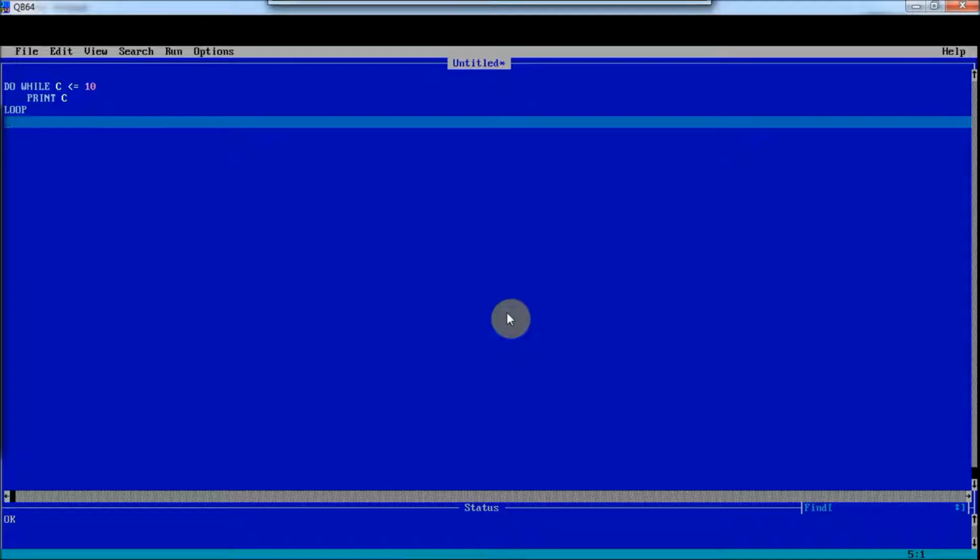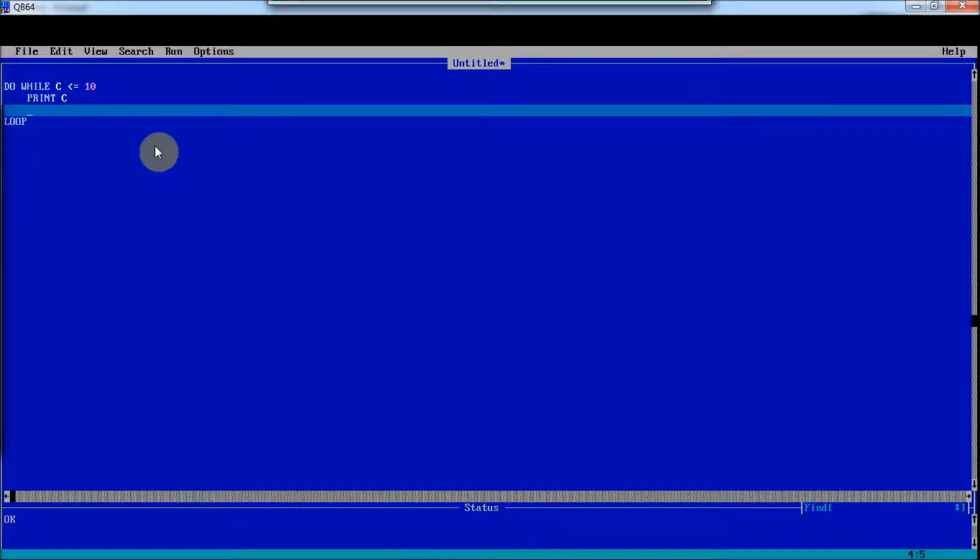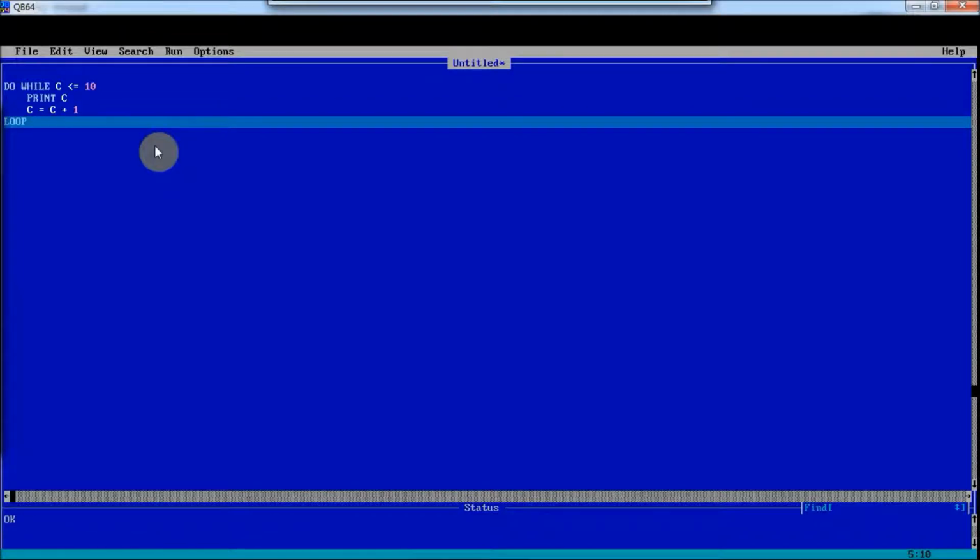Now if I give these three statements and run the program, it will be an infinite loop since I have not increased the value of C. Like in the while loop, in the do loop also we have to increase the value of the counter manually. So I'll write over here C equals C plus 1. You must have already understood what the output will be.